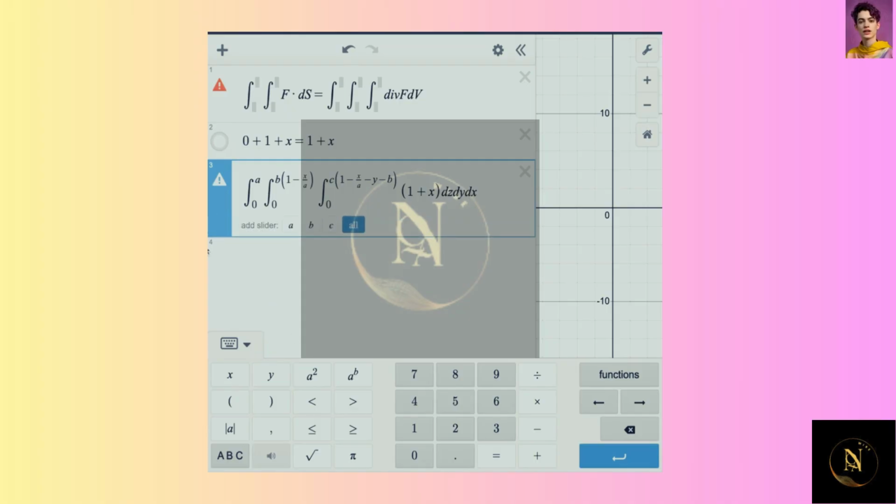So we do all this. When we solve the first integral, we end up getting c times 1 plus x times 1 minus x over a minus y over b. And then we take the second integral that we have, and that comes down to,